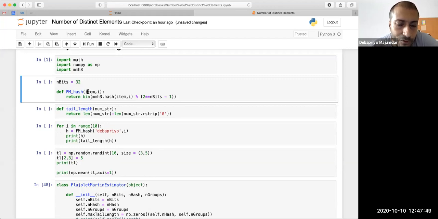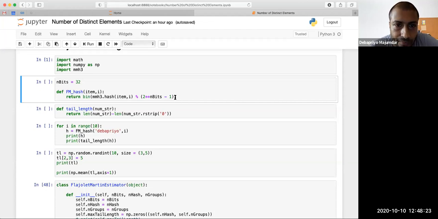First of all, we have to implement a hash function which will hash a string to a random bit string of size 32, or rather a random number between 0 and 2 to the power 32 minus 1. So that essentially is this. If you forget the bin part here, it's mmh3.hash of the item, and again give it a seed, because we will not be happy with one hash function, we will need several hash functions, mod 2 to the power n bits.